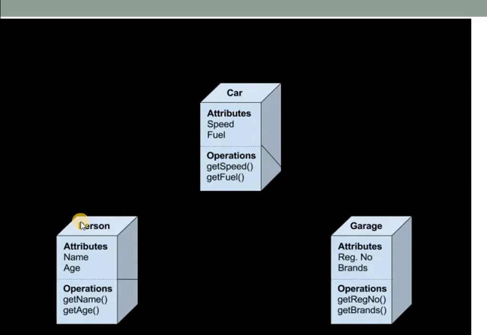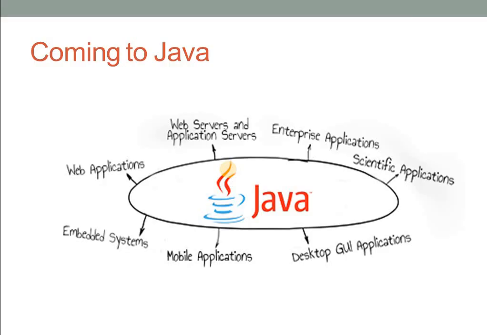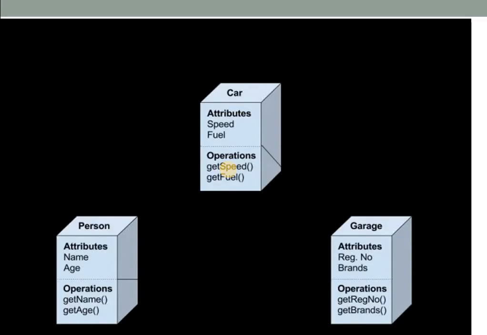And what are the attributes? We can say name and age as two attributes of a person, and we can associate some functions also with that particular class. So a class is defined in the OOP concept like a consolidated thing where it has a class name like car, some attributes like speed and fuel, and some operations, that is what we call methods or member functions, like get speed and get fuel. So this is regarding a class. What is the concept of class? Class relates a programming language very much to a real world thing.